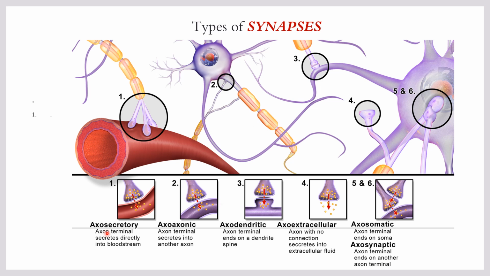And we also have axosecretory synapses, when the axon terminal secretes directly into the bloodstream. Here the capillary is represented. So basically we have a variety of synapses,